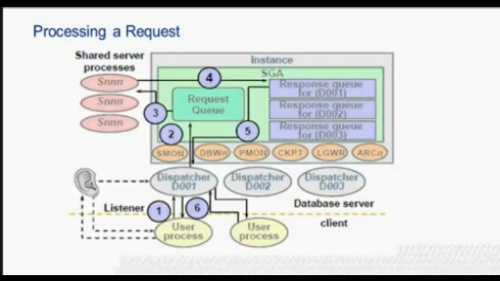How a request is processed. Number 1. A user sends a request to the dispatcher. Number 2. The dispatcher places the request into the request queue in the SGA. 3. A shared server picks up the request from the request queue and processes it. 4. The shared server process places the response on the calling dispatcher's response queue. 5th. The response is handed off to the dispatcher. 6th. The dispatcher returns the response to the user.